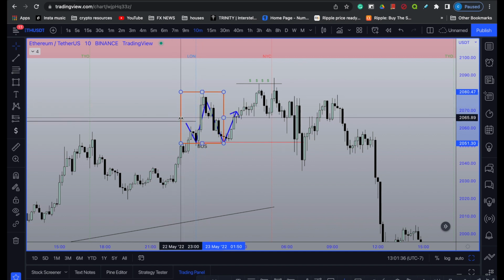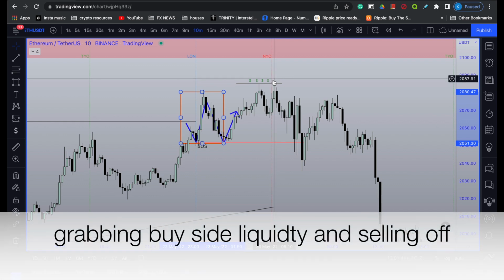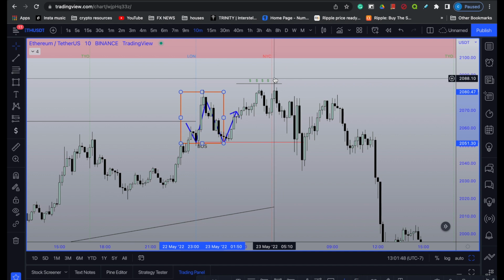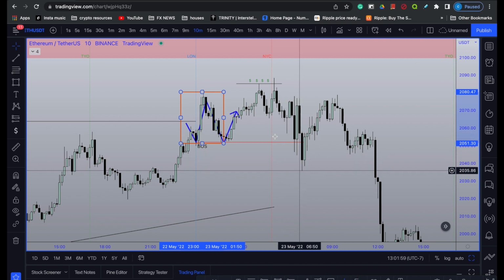Okay. So after that, what happens? Price gets passed over to New York session. New York session does what? They liquidate a high. Here's that same exact pattern that we saw on the higher time frame on the hourly, now on the 10-minute chart. So here we see them liquidate a high, fail to break a psychological level, 2090. Okay, that's $2,090. And then boom, they break previous market